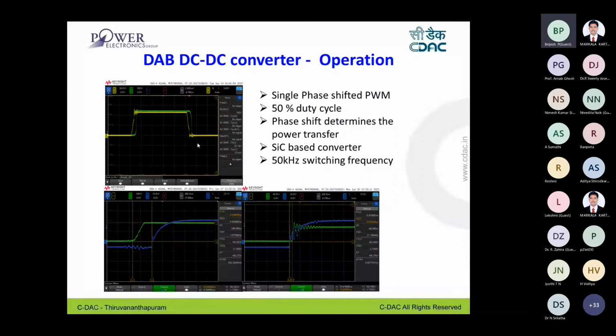Our switching frequency is 50 kilohertz in this case. At the bottom you can see two waveforms. Here you can see a much higher phase shift when it demands more power flow.